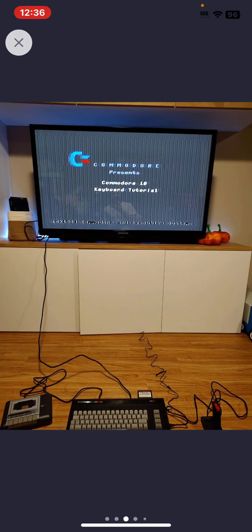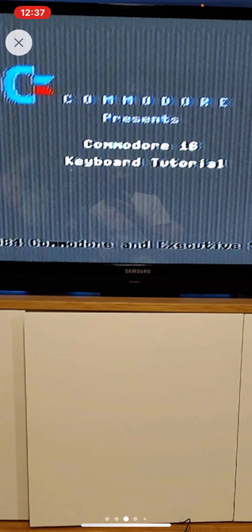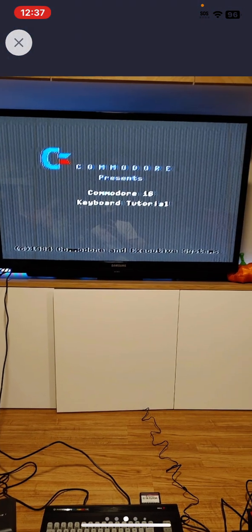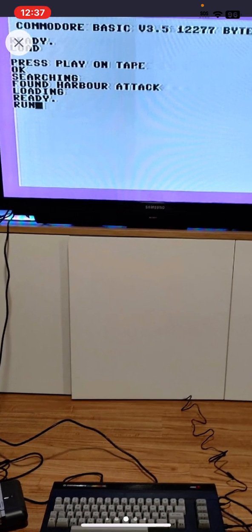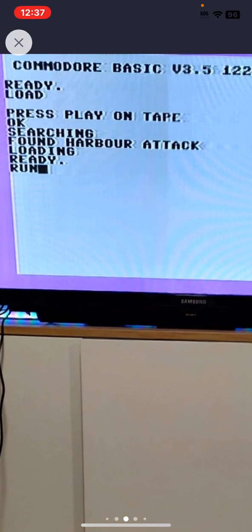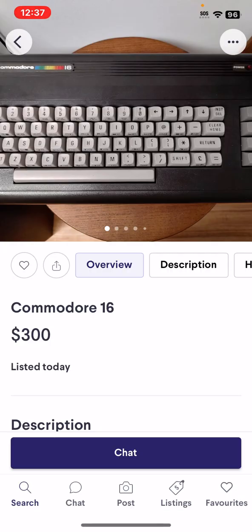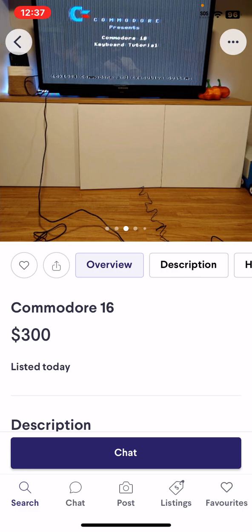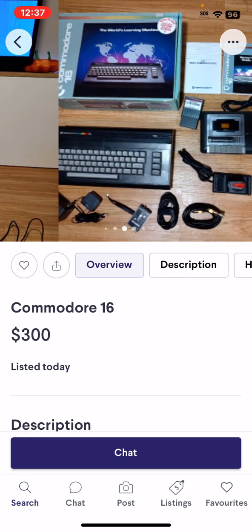And what else does it? Oh, there's the bottom. Oh, Commodore 16 keyboard tutorial. Let's see. What else is this? Found harbor attack. So I guess he has some stuff that goes with it. Anyway, do check Kijiji for specifics. I do not know this fellow. I cannot vouch for him, but certainly...